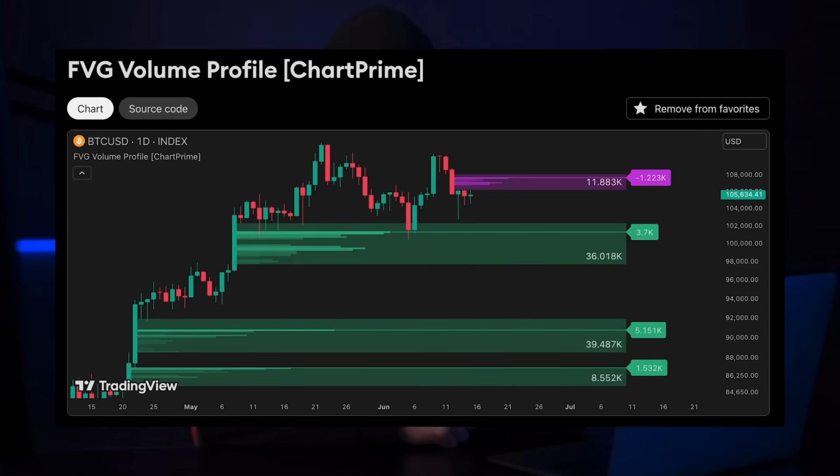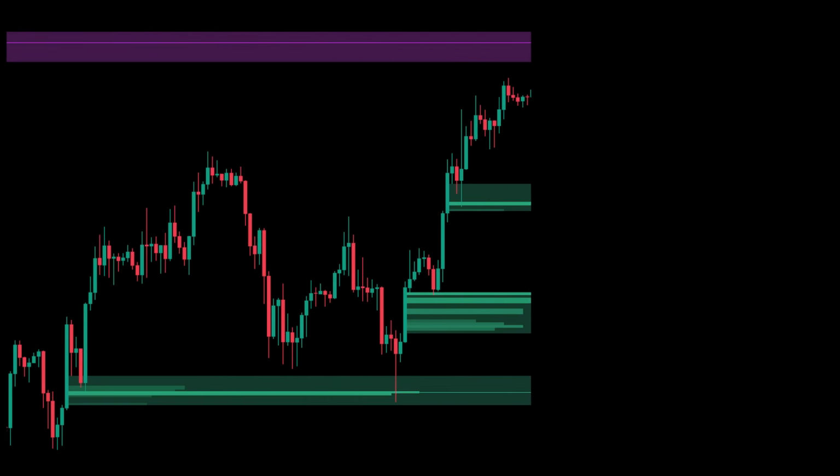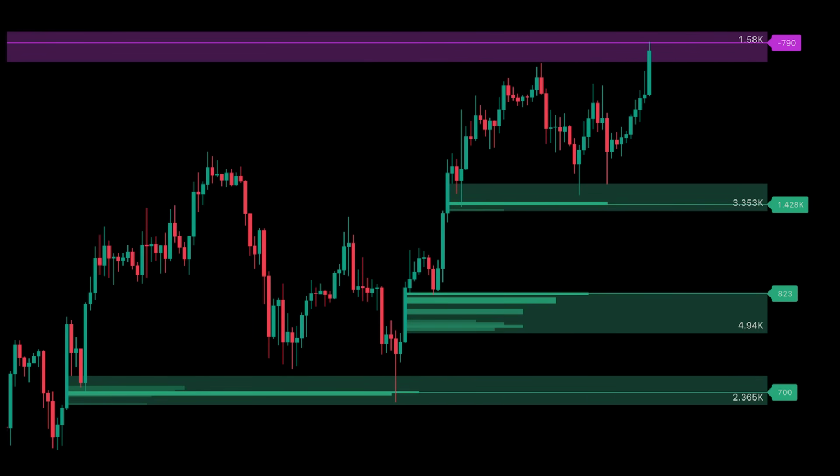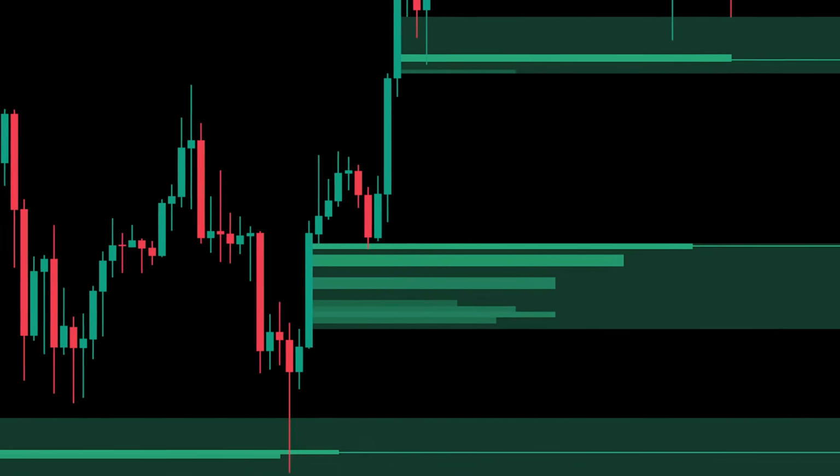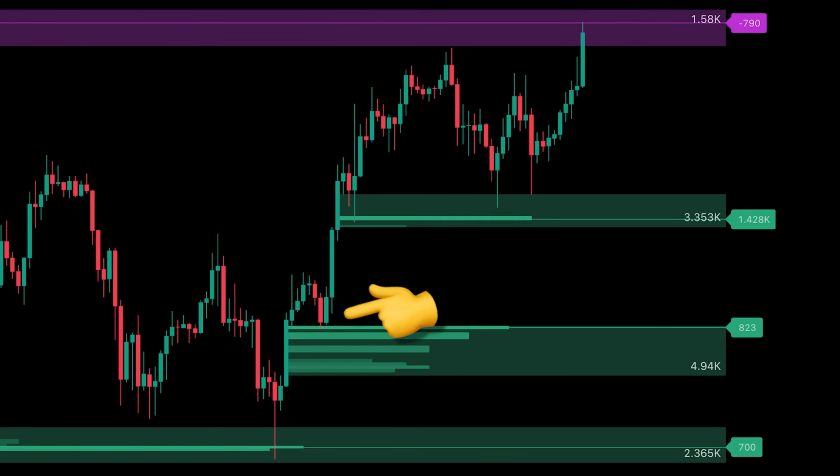Let's start with one of the most advanced, the FVG volume profile. This indicator is a game changer in smart money and support resistance trading. Instead of static lines, it gives you zones backed by real order flow and gaps. It automatically detects fair value gaps, those spaces where price moved too quickly, leaving an imbalance. These areas often attract price later as the market balances out, and they act as magnets for price, forming natural